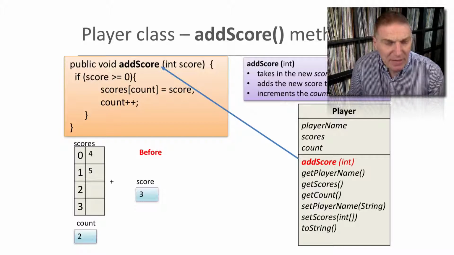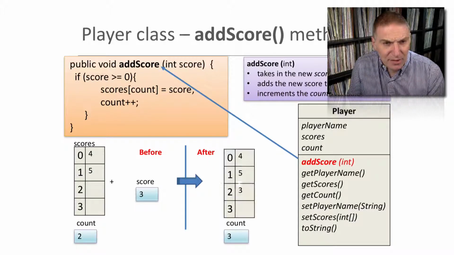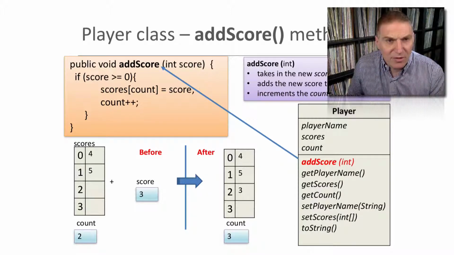And we play another game, and that game ends up in a score of 3. So this 3 is going to be stored at index 2, which is the value of count. So this is what the array looks like afterwards. In other words, after we call the method add score,